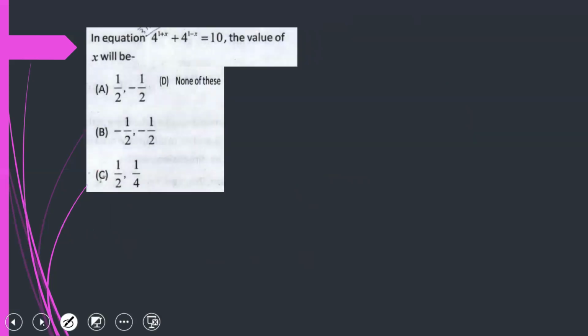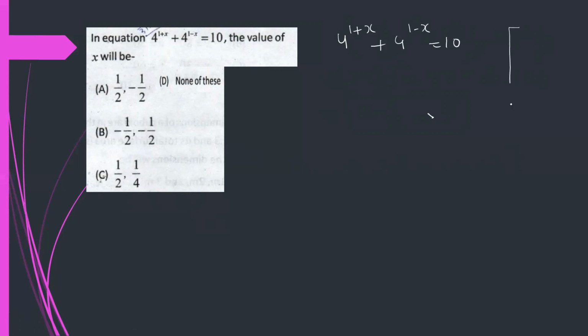In the equation 4 to the power 1 plus x plus 4 to the power 1 minus x equals 10, the value of x will be. So for that matter, how will you solve the problem? You are provided with 4 to the power 1 plus x plus 4 to the power 1 minus x equals 10. We know that